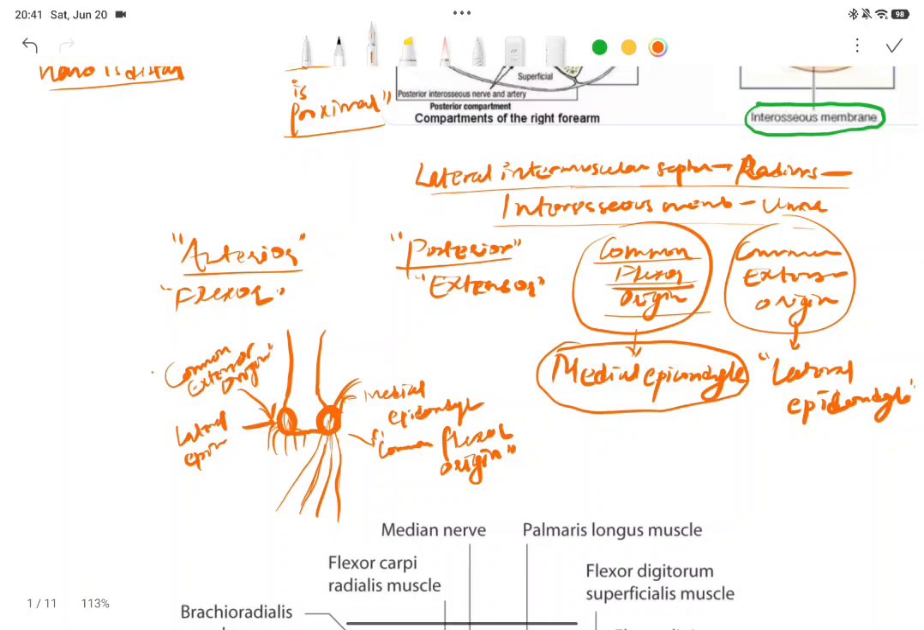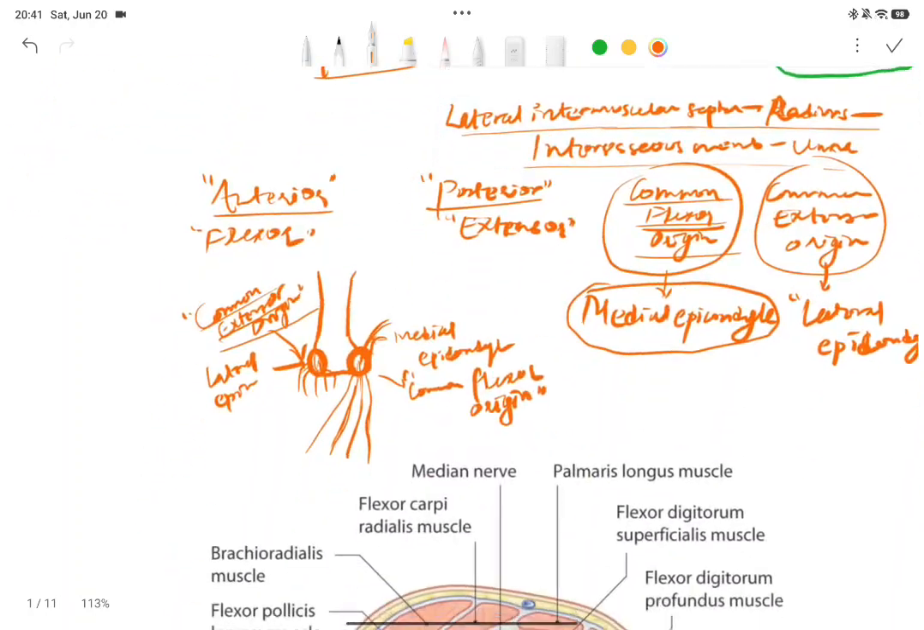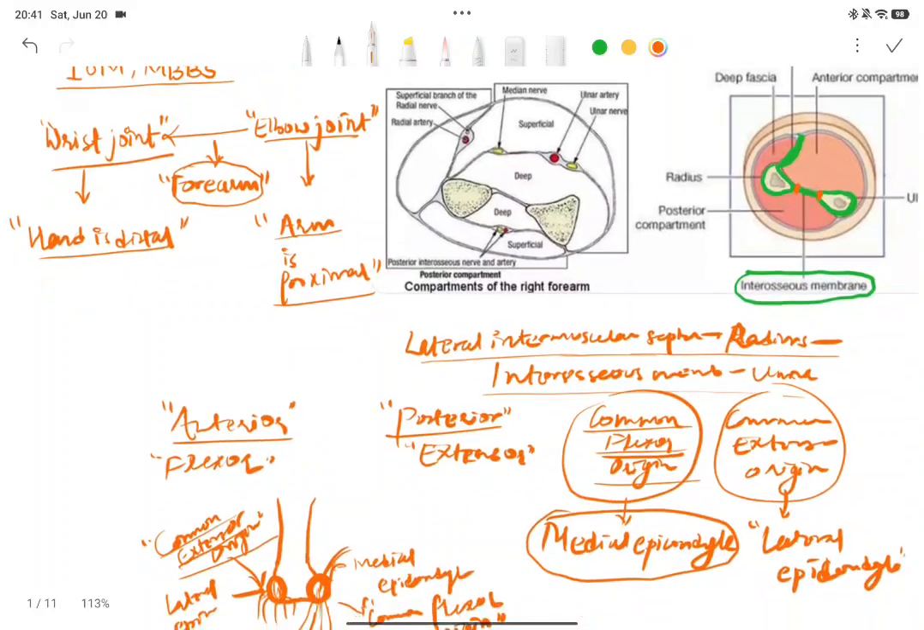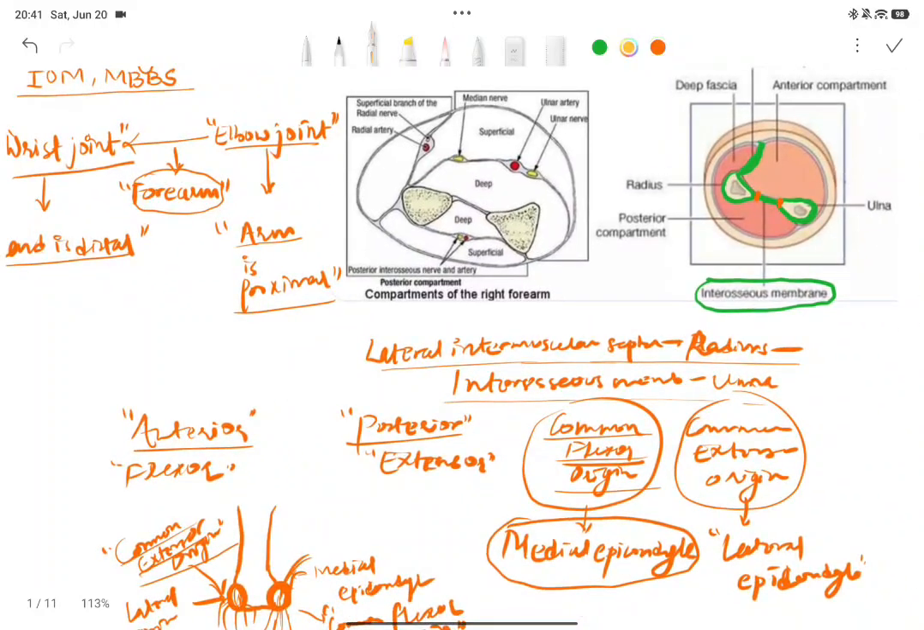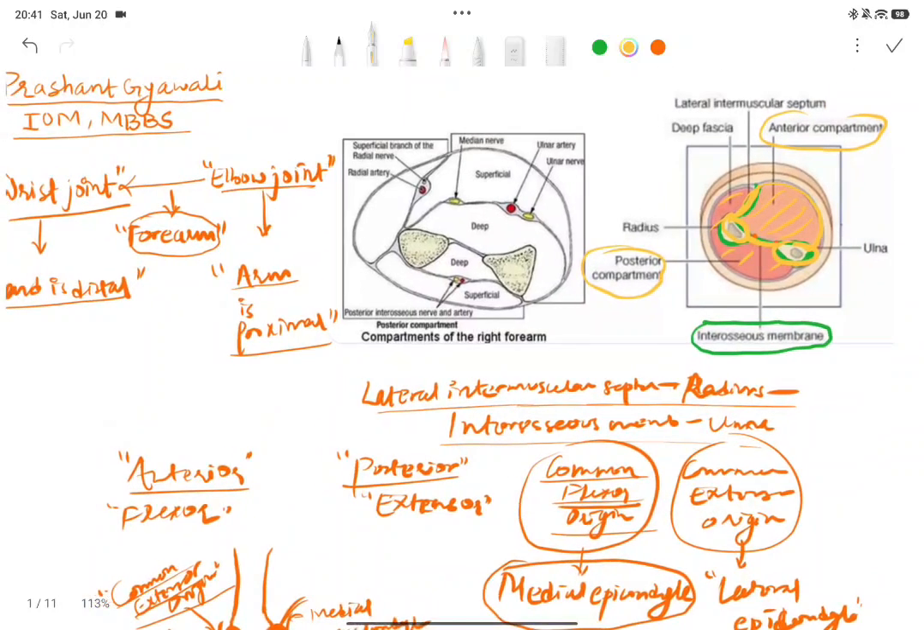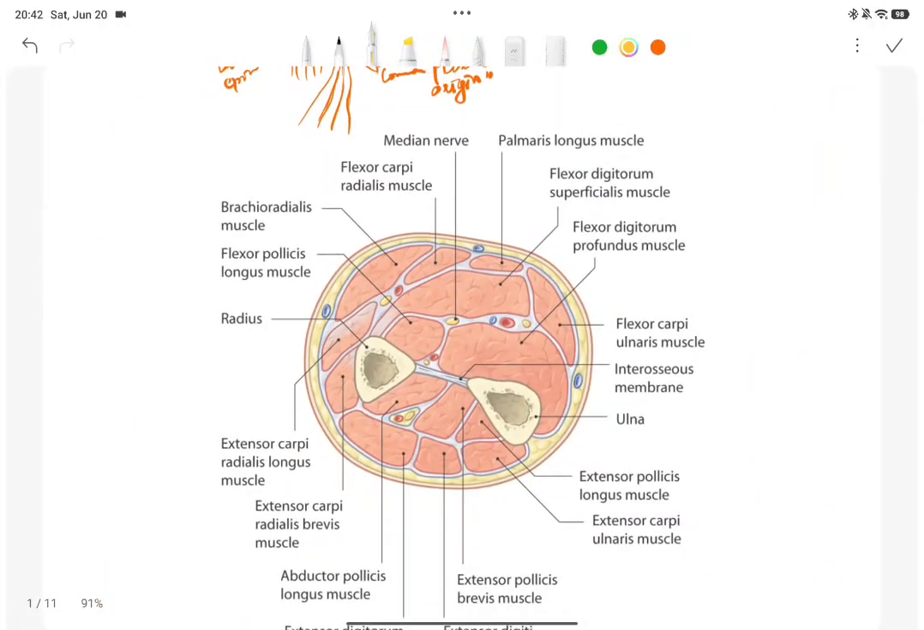So common flexor origin र common extensor origin को कुरा पनि भयो है। अब एन्टेरियर कम्पार्टमेन्ट भनेको चाहिँ, the compartment that is separated anteriorly. They are separated by the lateral intermuscular septum, radius, interosseous membrane and ulna. So that which lies anterior, this part of the forearm is known as the anterior compartment, while this remaining part is known as the posterior compartment of the forearm. र हामीले आज एन्टेरियर कम्पार्टमेन्टको चाहिँ कुरा गर्नेवाला छ है।